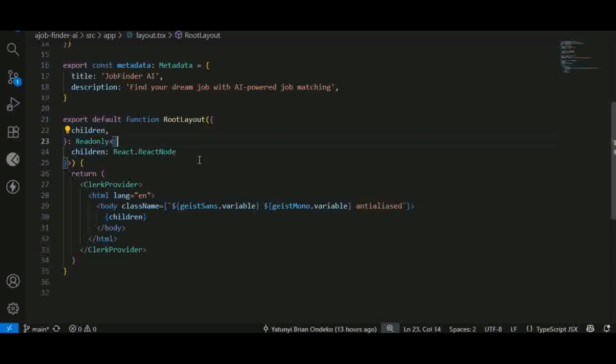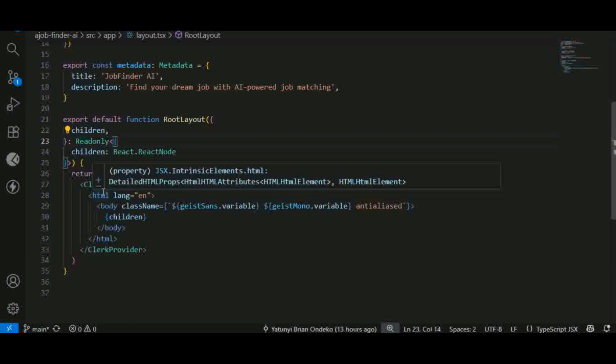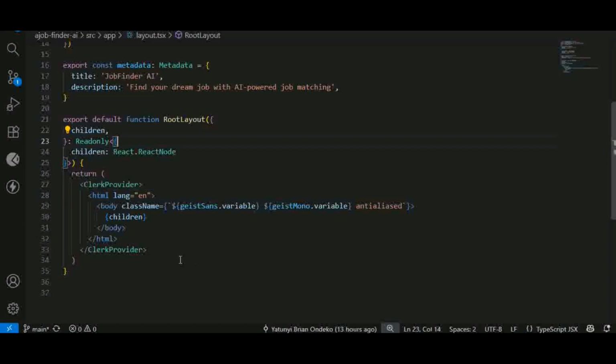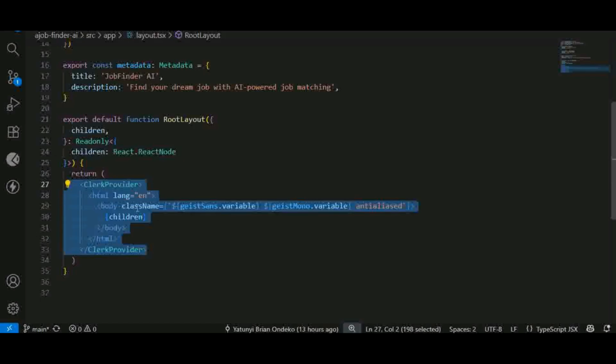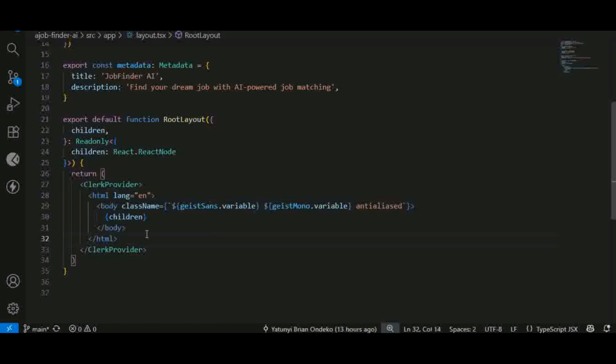Then the children is going to be React.ReactNode. Now in the return, you're going to include the Clerk provider. You're going to cover everything inside a ClerkProvider, and just include everything here that was previously there. Okay, so that's just how everything is going to be here in the